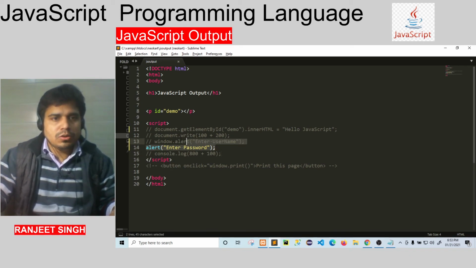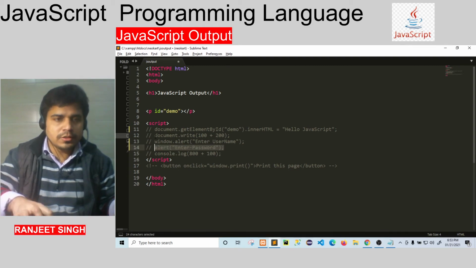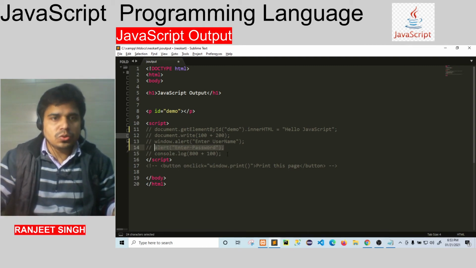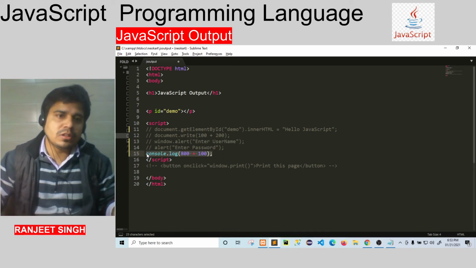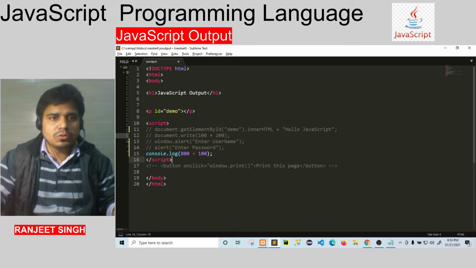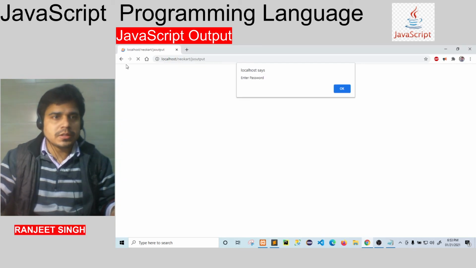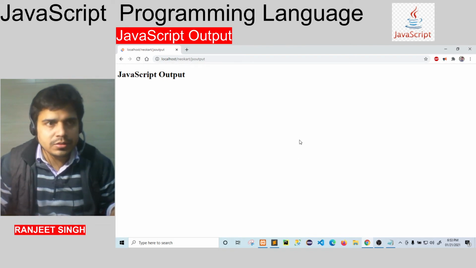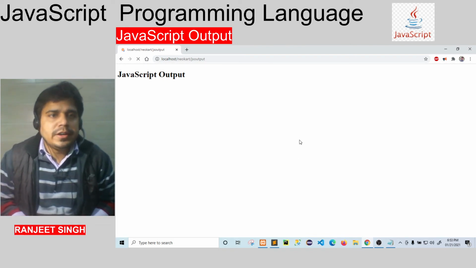Okay, now comment this one and see the next one, console.log. This is used for the browser console. According to console.log, 800 plus 100, the answer should be 900. Now save and run.